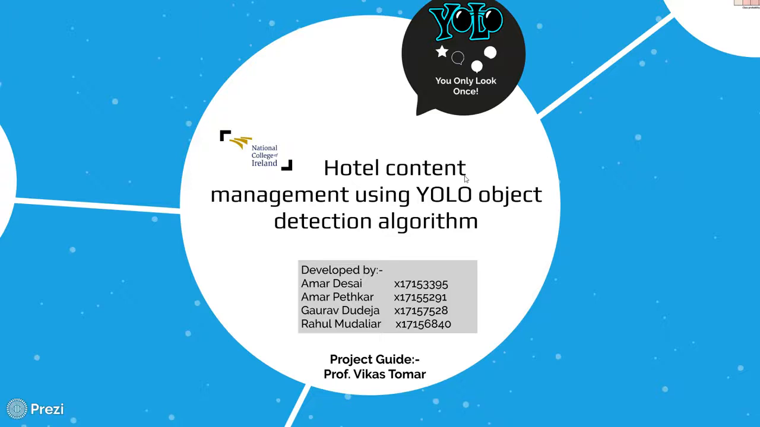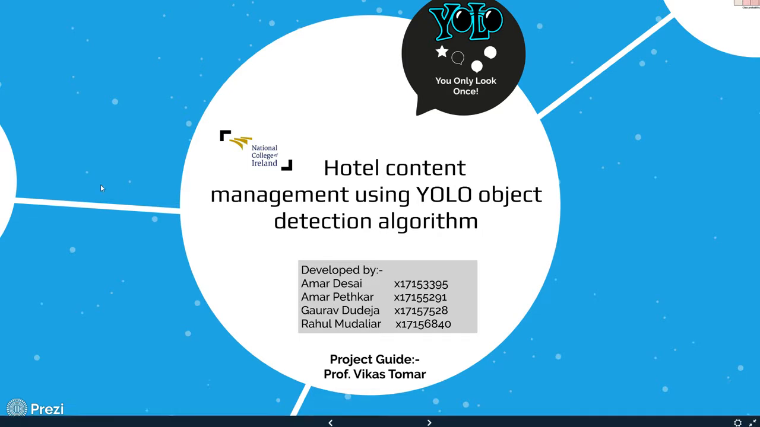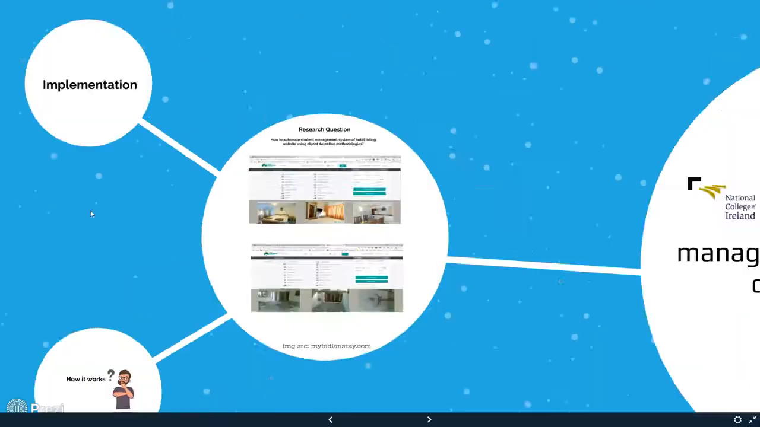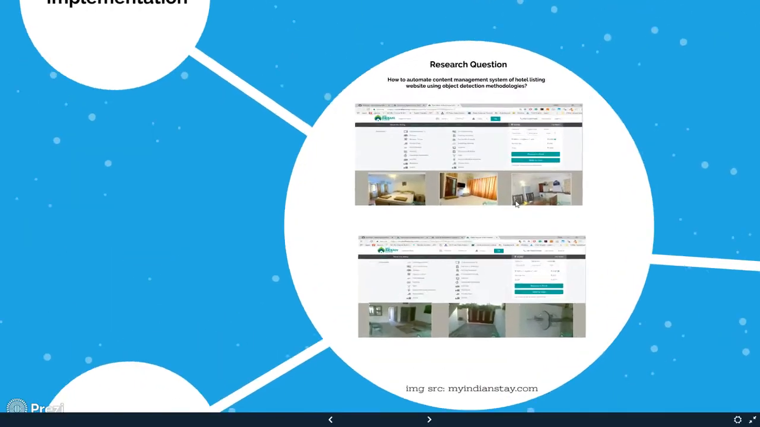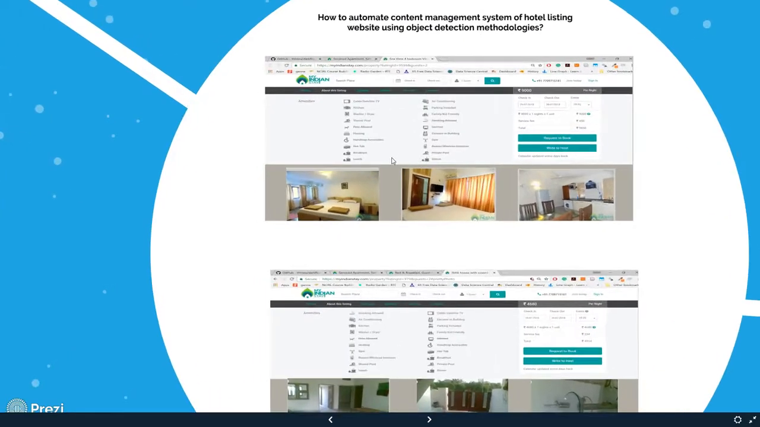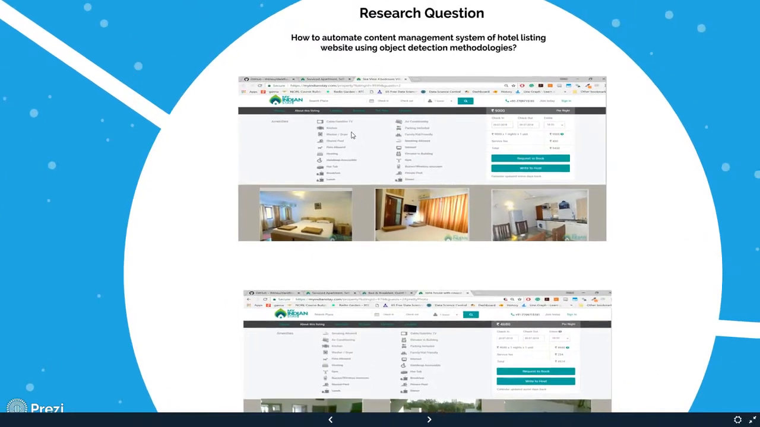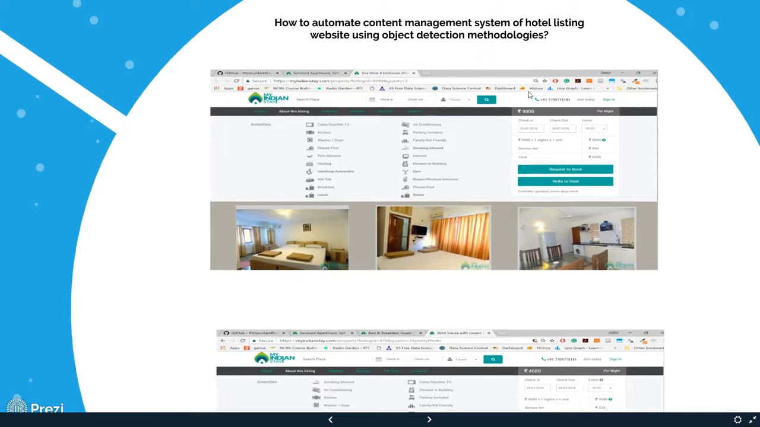Project on hotel content management using the YOLO object detection algorithm. Now moving on to our research question. This is our research question. In this we have written: how can we automate the content management system of a hotel listing website using object detection